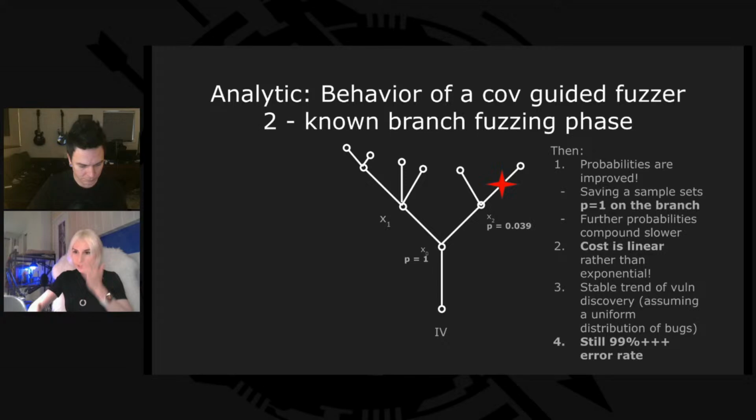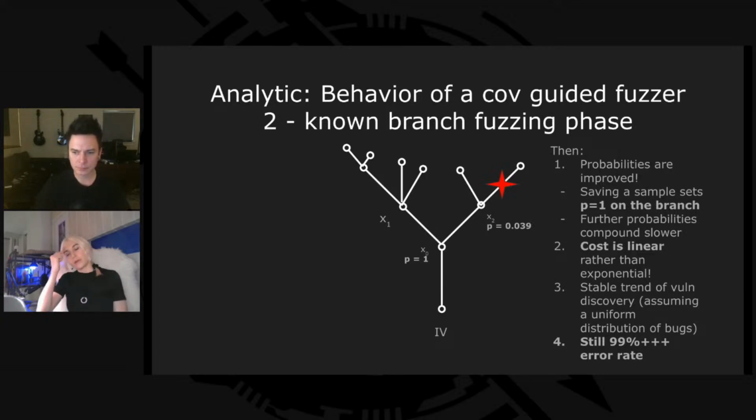And this, by the way, is the second stage of coverage-guided fuzzing, when we have already discovered all the branches, and now we're just running through these branches with some fuzzing data. So we're not supposed to discover any new branches, but just find some vulnerability which sits on one of the branches. So what's going on here? The first thing is that saving a successful input sets the probability of passing some particular branches to 1, which means that our probabilities are significantly improved, and overall the process will be faster. Here, the probability of finding the next branch is also better because it doesn't have to compound with the previous one.